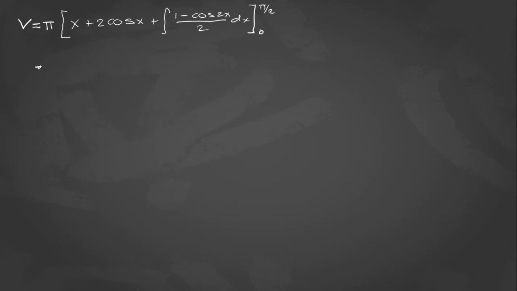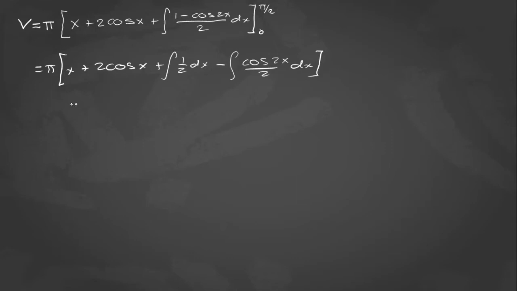This is equal to pi times (x plus 2 cosine x plus the integral of 1 half dx minus cosine 2x over 2 dx). So we have pi (x plus 2 cosine x plus 1 half x